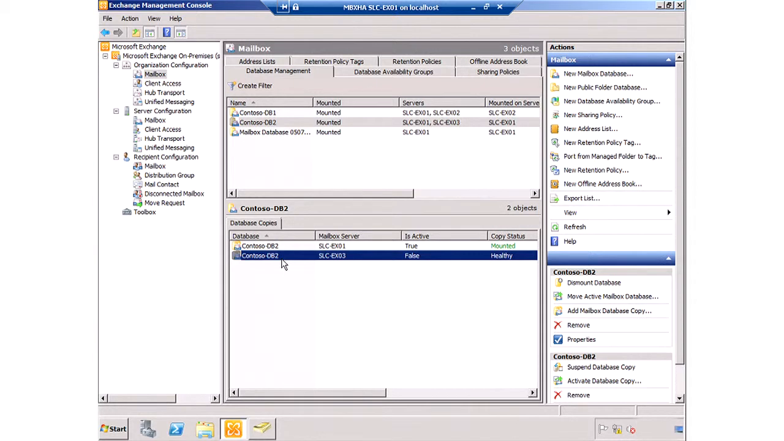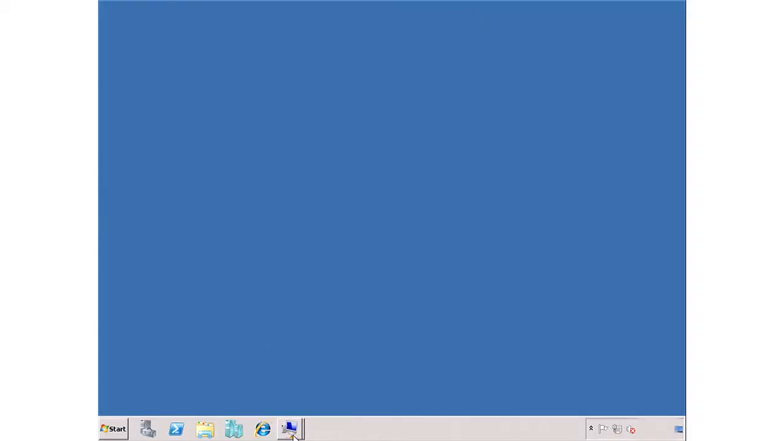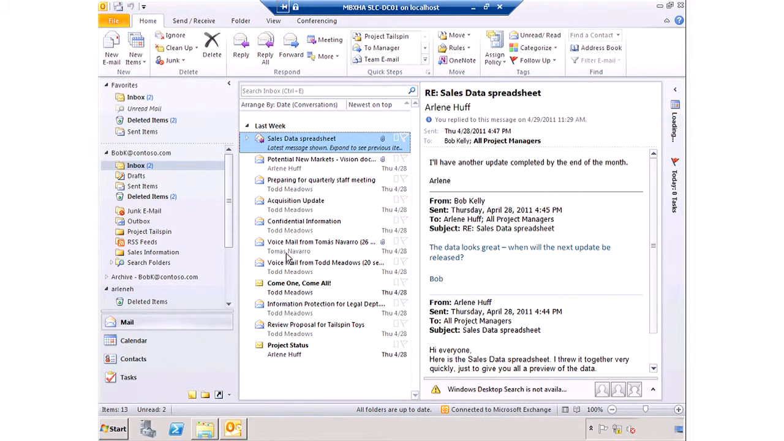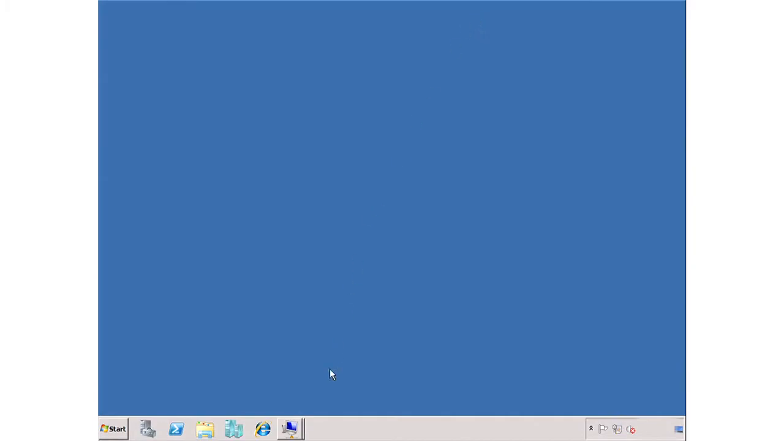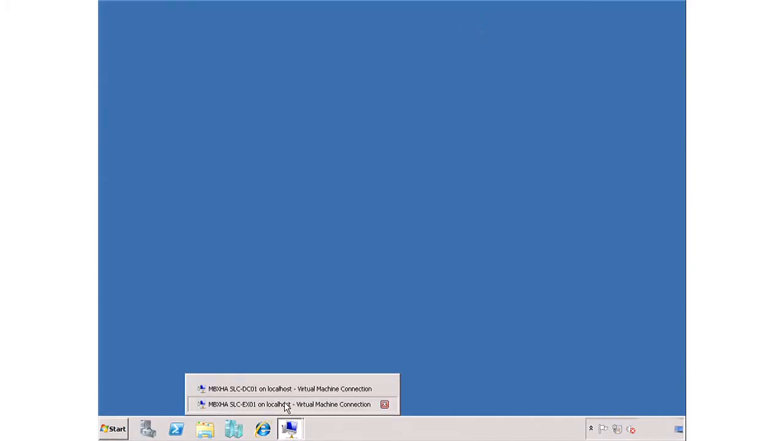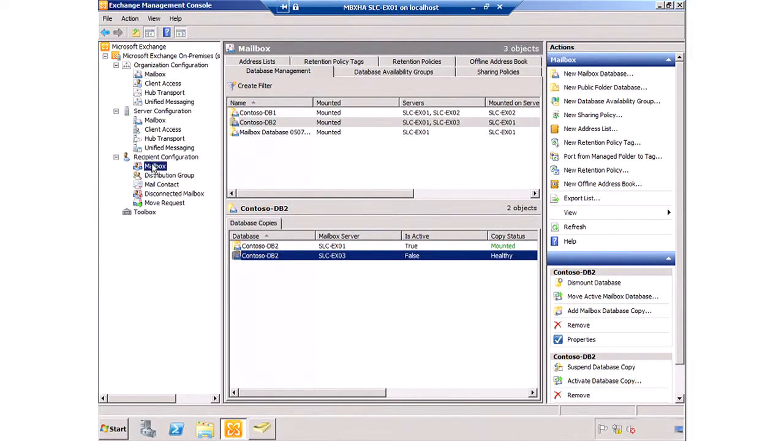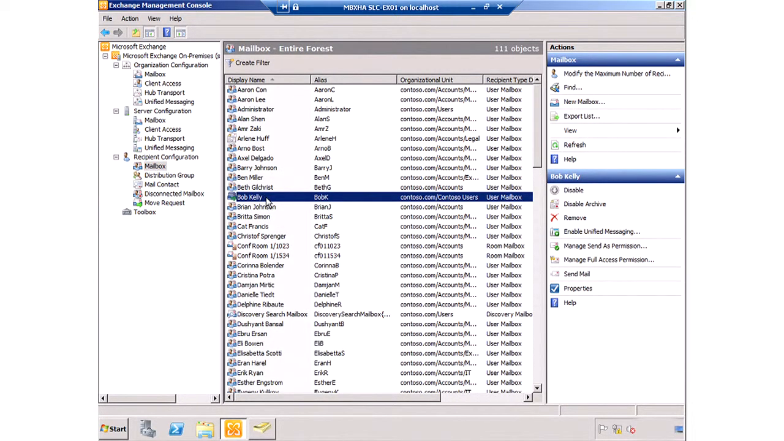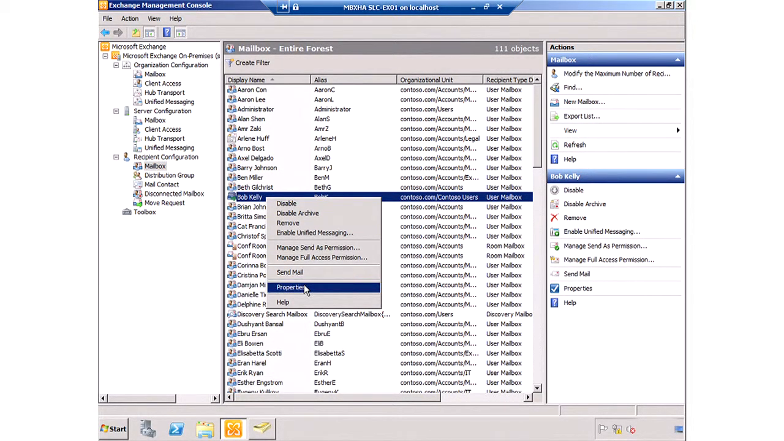So what I'm going to do is have a look at Bob Kelly's mailbox, and we'll just make sure he's happy and connected to the database. So we can see here that Bob Kelly is online and he's happily running. But what we want to have a look at is to see what database his mailbox is actually active on. So we're back to the Exchange server, we can have a look at his configuration. And if I have a look at the properties of Bob,